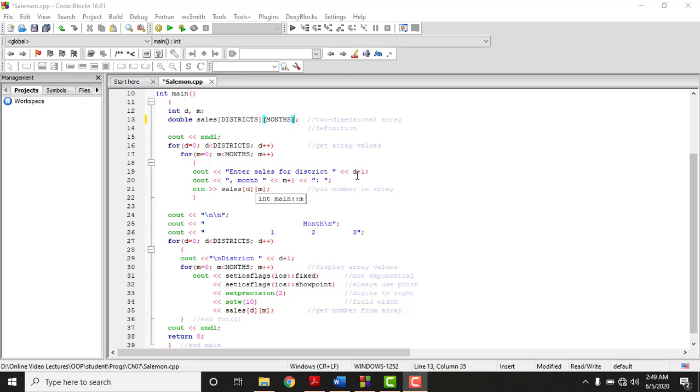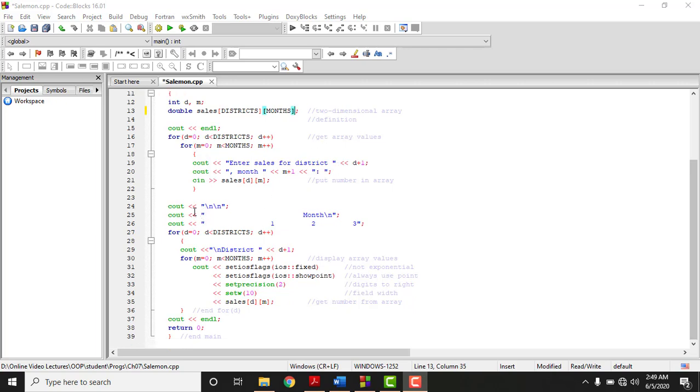So that means we want to have the information for the first district for the first month, and then again for the first district and second month, first district and then a third month, and likewise it goes on. And right here this segment basically is to display the information that we have taken from the user. So we have left these 2 lines here, and in this line we have left this space